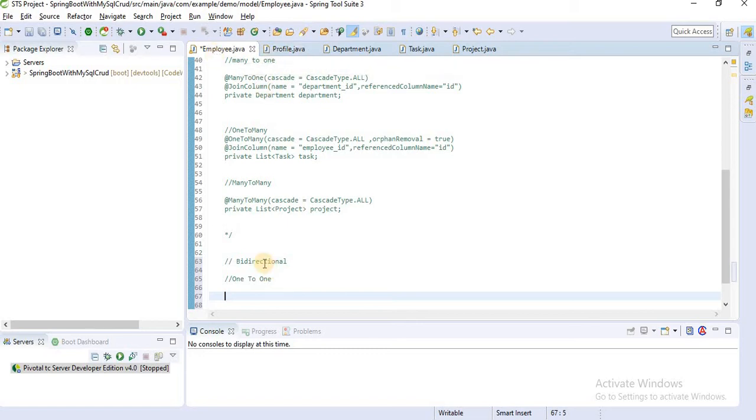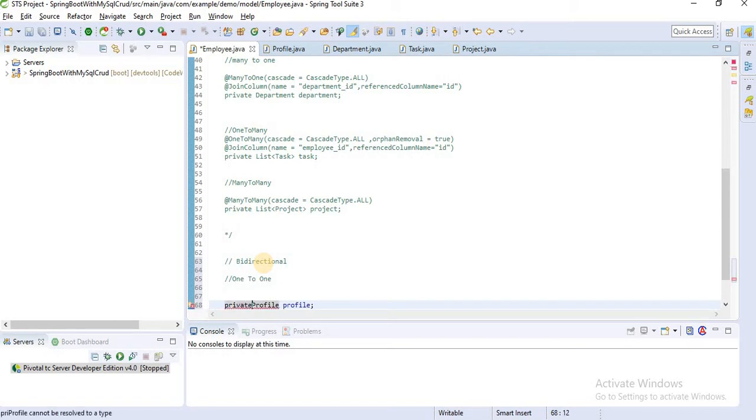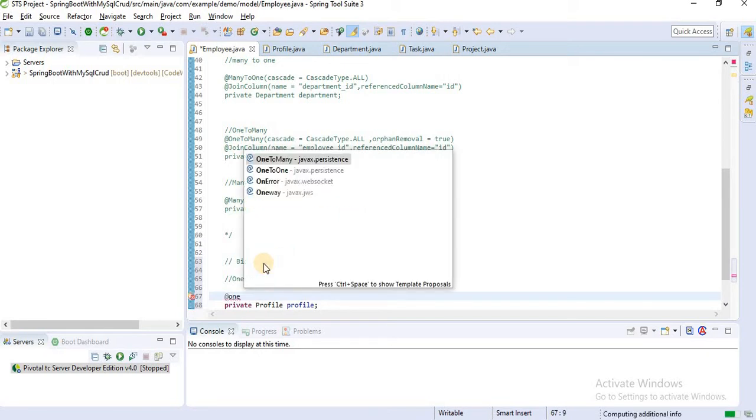Let's create a profile. Let's define this as private, and add the one to one annotation.